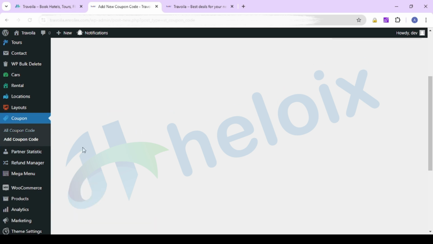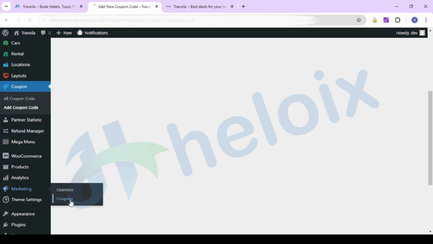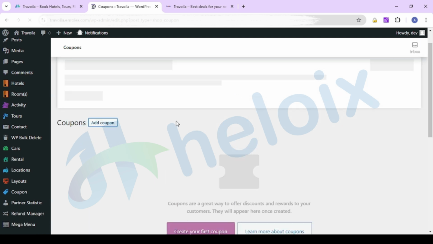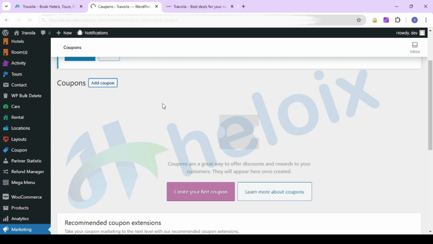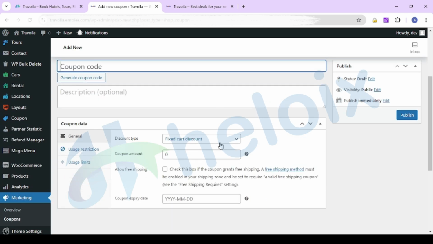For running it, you just need to go in, sorry, let me show you. In marketing, coupon, here you can make a coupon. This coupon will show in the front end, and this coupon will apply for any type of order. So here you can make coupons as well. Here you can make a coupon with a fixed amount, expiry date, etc. You just set the limit and you can manage that.